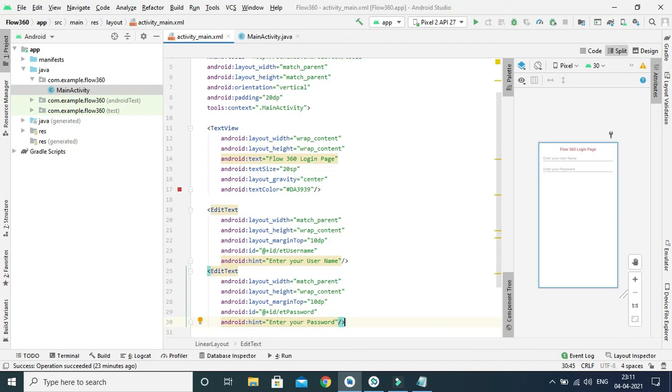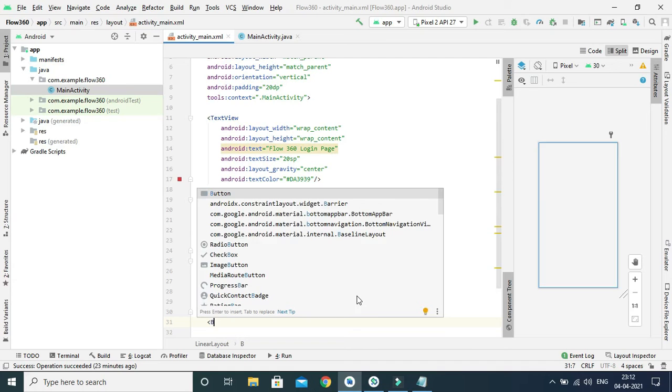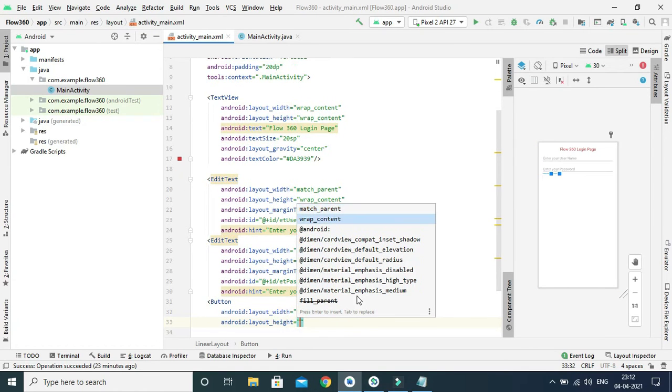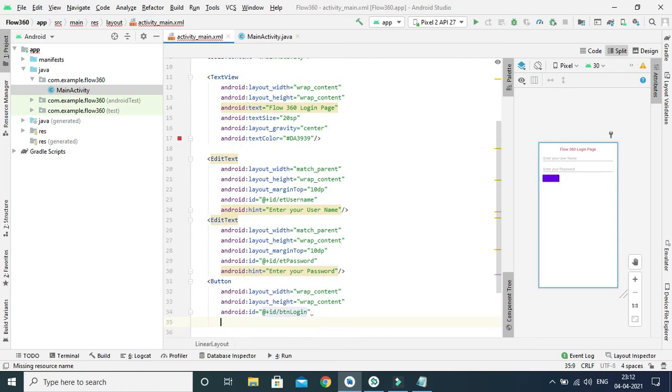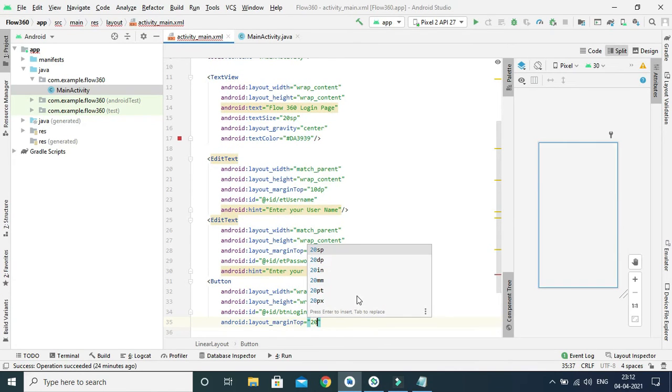Then you have to create a button for submit or login, right? Android provides a control which is called button. Here you can set wrap content also, and ID btn login. Margin top you can use 20 dp here to separate one control from another,